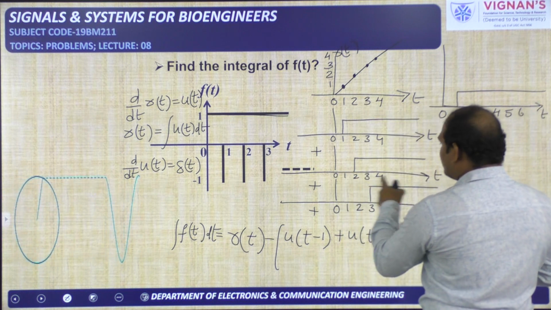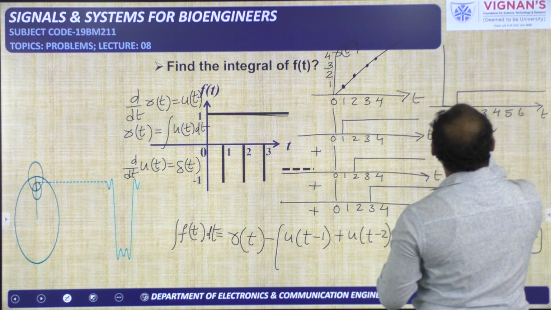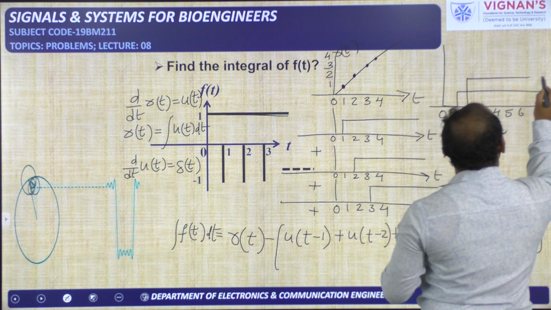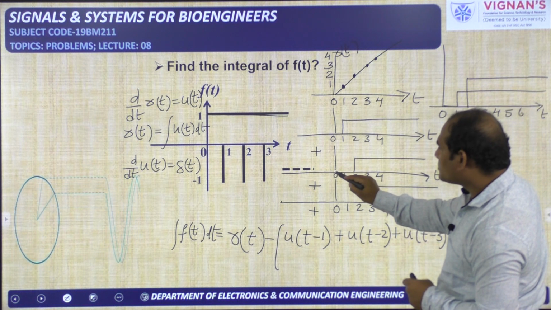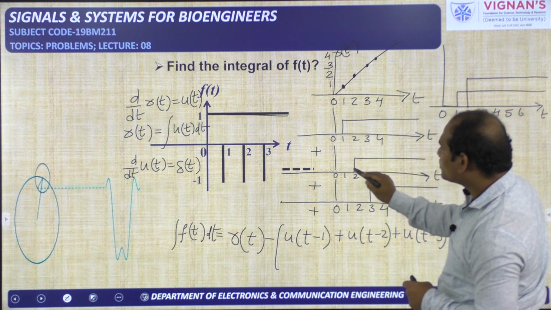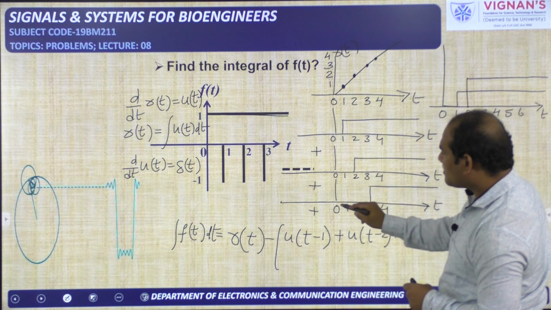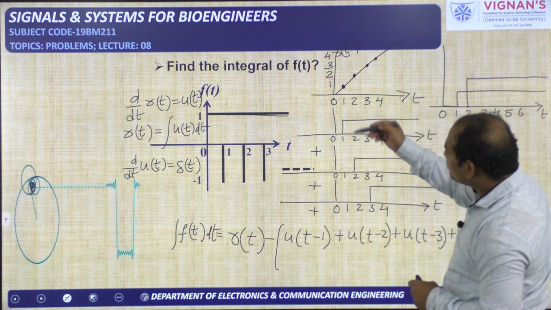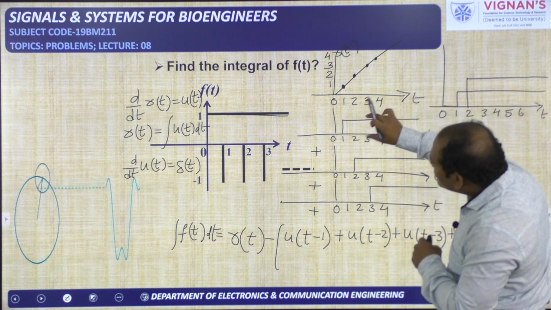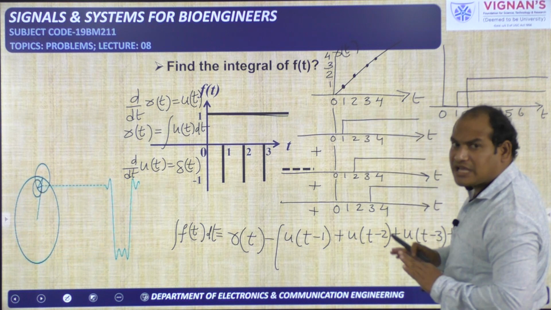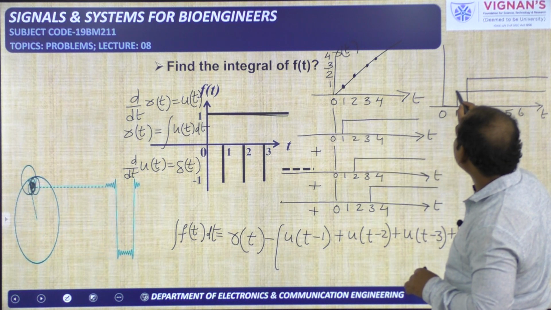Here in this signal, when t is changing from 2 to infinity, amplitude is 1. So this signal has 0 amplitude from 0 to 2. If you see these three signals, 0 to 1, 0 amplitude, 0 to 1, 0 amplitude, 0 plus 0 plus 0 will be 0. But only this signal, that is u of t minus 1, has the amplitude of 1 from 1 to 2. That's why here we got 1 amplitude. This is 1.